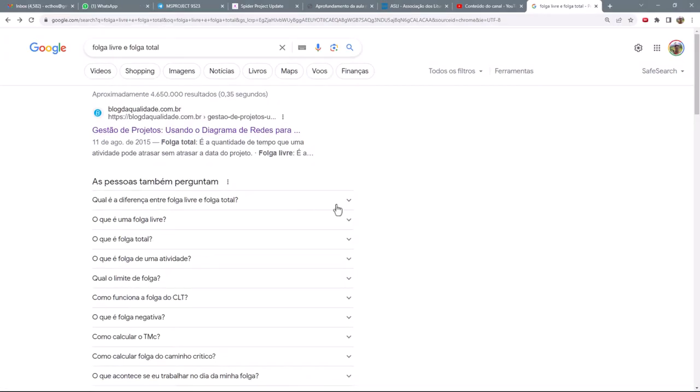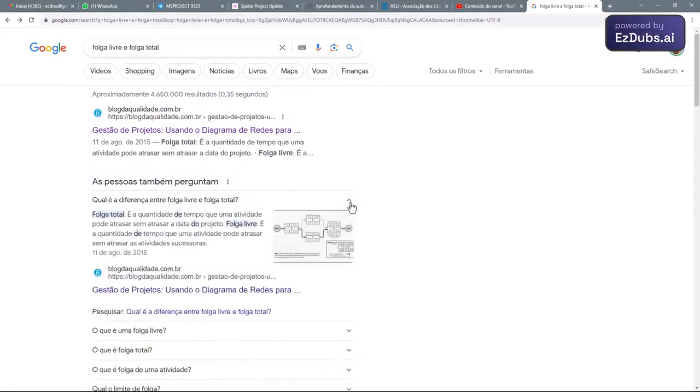Let's read. I validate this information as an expert. Total slack is the amount of time an activity can be rescheduled, postponed, or eventually delayed without impacting the project finish date. So this explanation is simple, but I validate it.